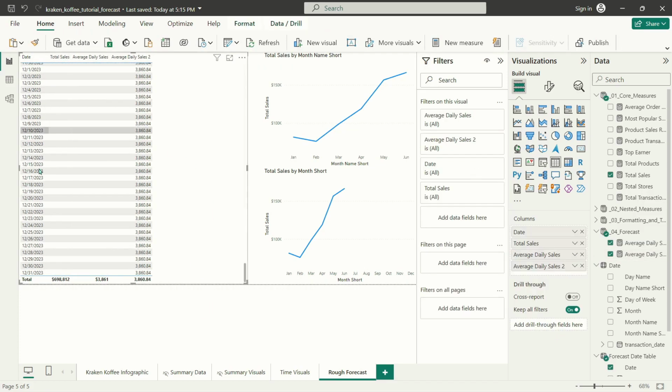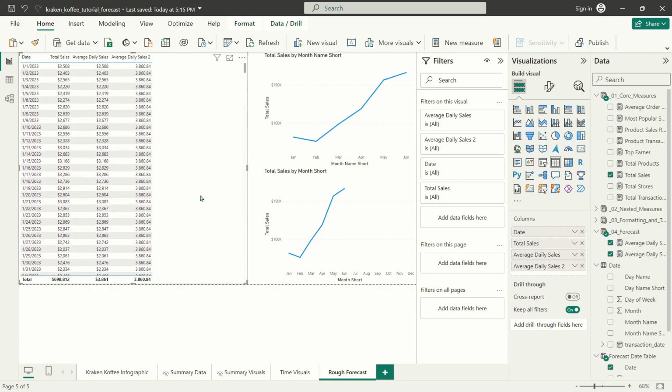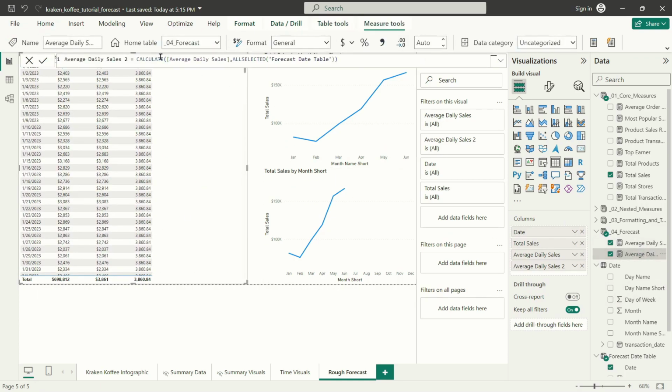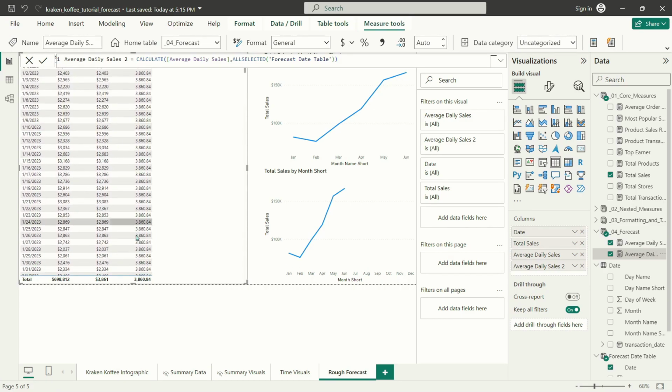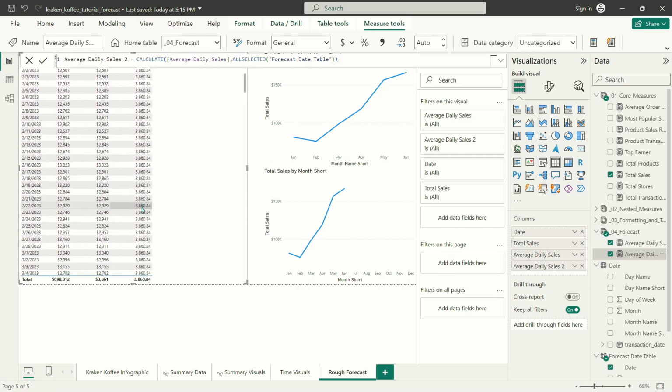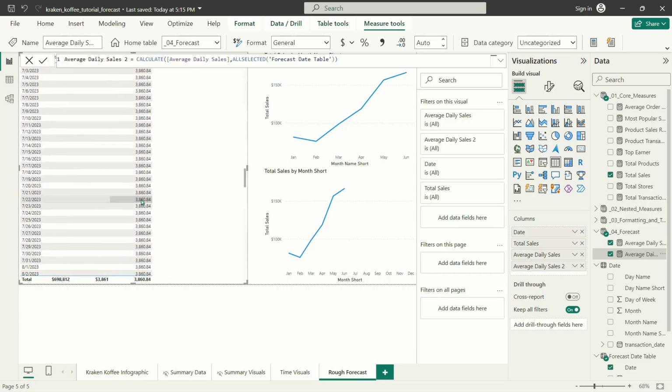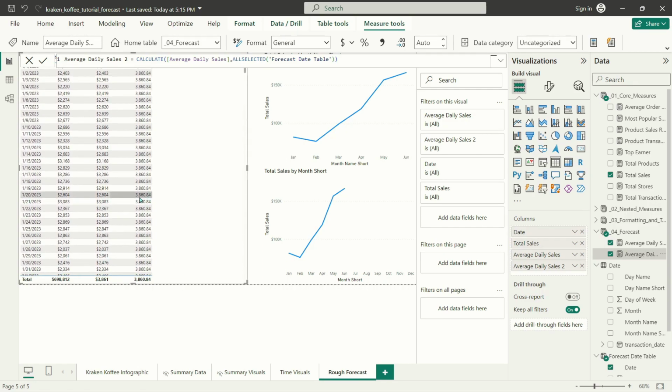Let me go ahead and give the date field a little bit more room so that it's not cut off. And granted, this measure may not look like it's particularly helpful, just having the same number replicate over and over and over again all the way down the table. But that's not true. That is actually exactly the performance that I was hoping for at this point in my forecast,